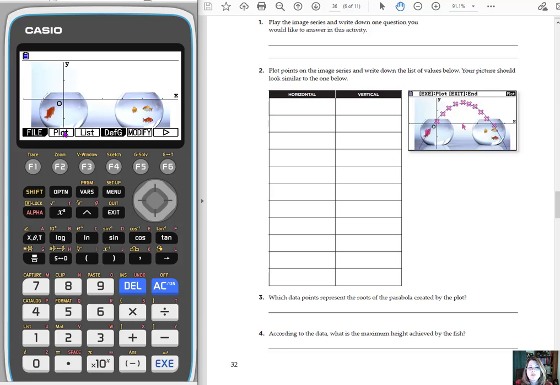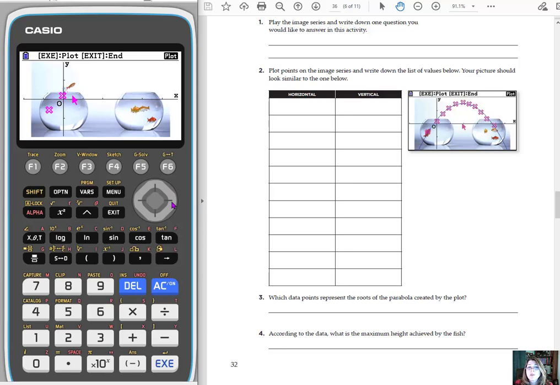So I'm going to choose plot, so F2 underneath it. And what that does is bring up this arrow. So I'm going to use my arrow key to move that, and I'm going to go with the middle of the fish. I'm going to keep track of where the middle of the fish is. So once I move my arrow to where I think I want to plot a point, I hit execute, and it plots a point, and notice it automatically moves the fish to the next location. So I'm just going to basically follow that path of the fish and keep plotting points until he gets into